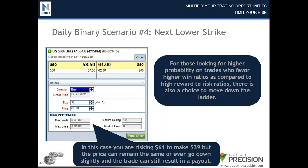That's one way to look at it. Another way to look at it is if you're choosing to take an in-the-money option, you need to be aware that you need to win significantly more times than you lose. But then again, the market can do absolutely nothing and you will expire with profit. Okay, but you still run the risk that the market is going to go lower